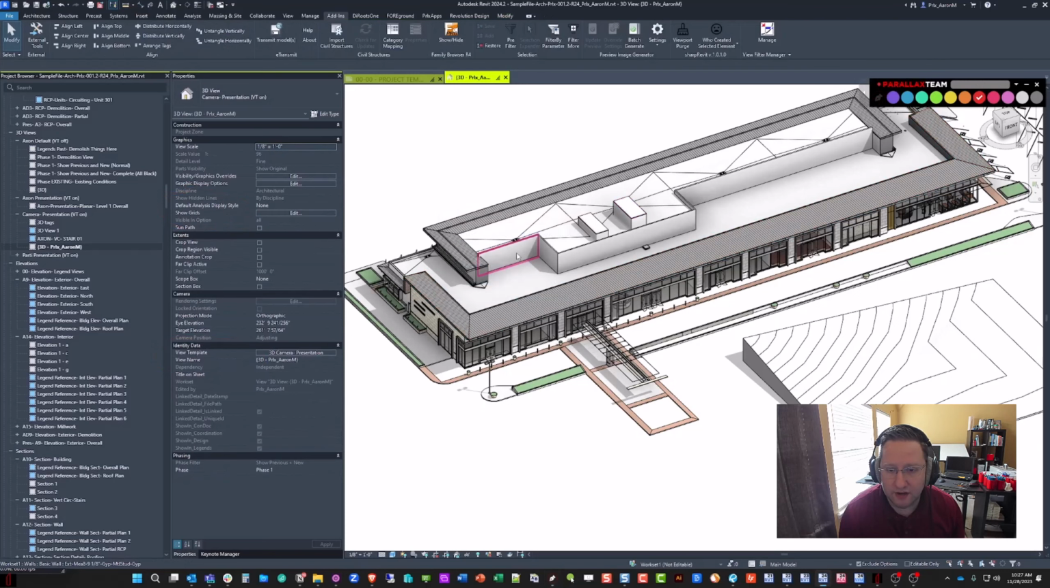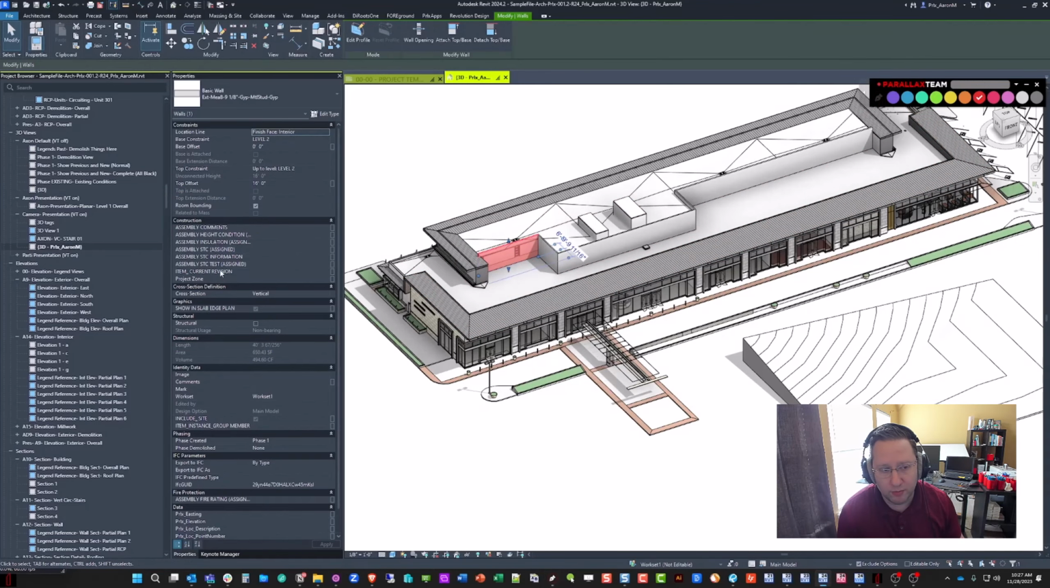Primarily the ones I was looking at are on the wall category, which has a few more parameters, but you can tell which ones are our shared parameters because they're basically all in capital letters. Okay, now